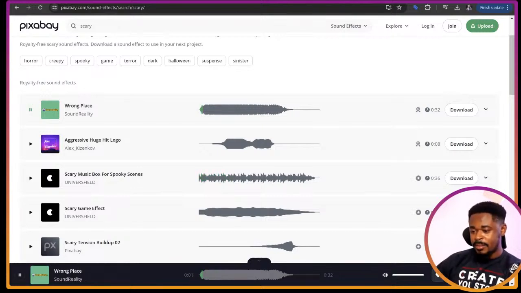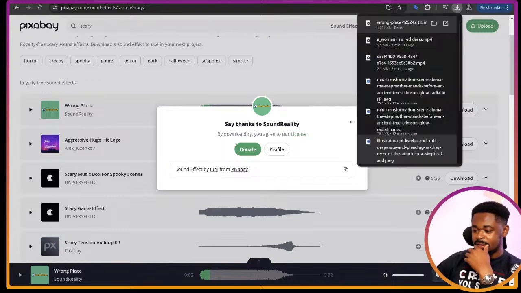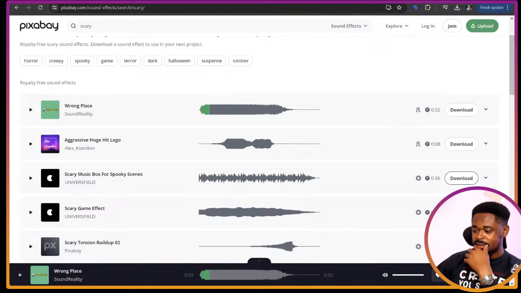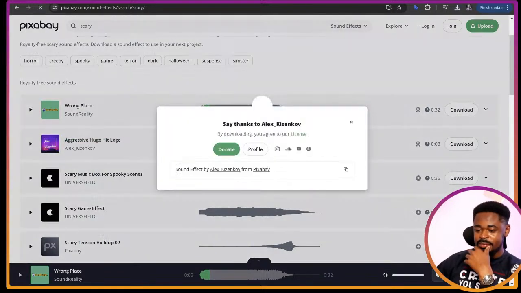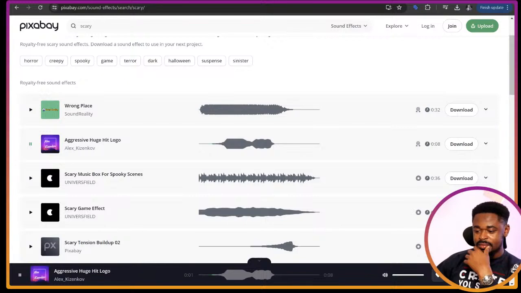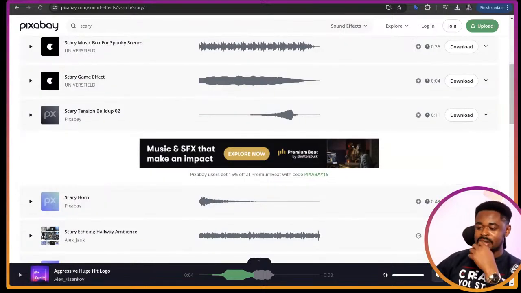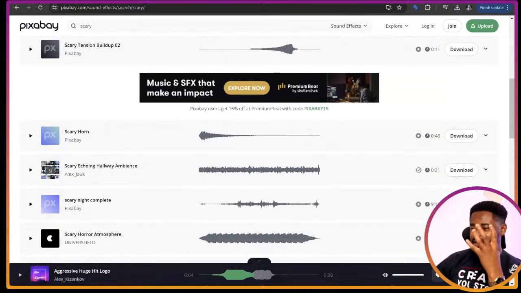So you can see this also. So what can do? You can download this sound effect. Download this other one. And then click on download this. I think this should be nice also. So just download dramatic sound effects. People love stories that are dramatic. So once we've downloaded it,